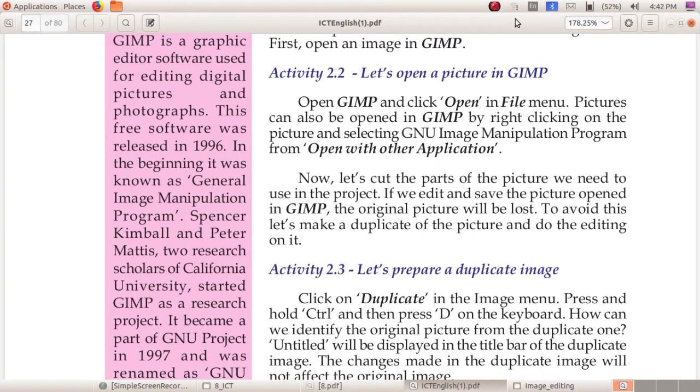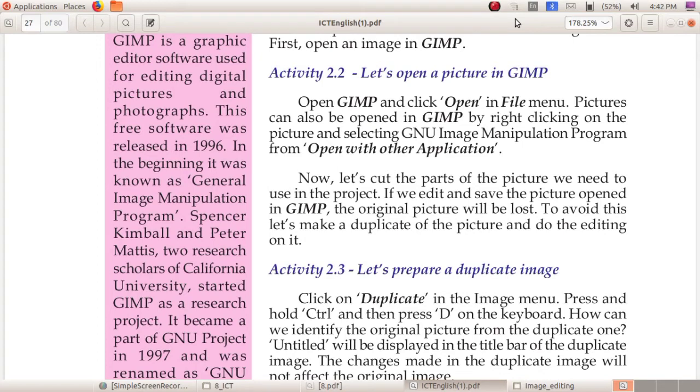While opening the image in image viewing software, you can only view it, zoom it, rotate it and see the details. But if you open that image in image editing software like GIMP, you can use many editing options.